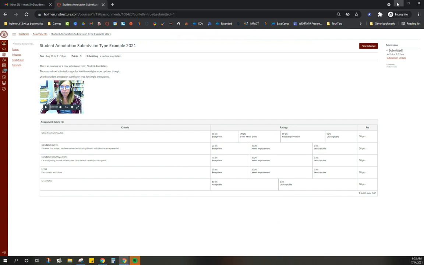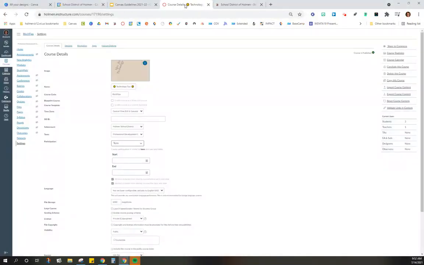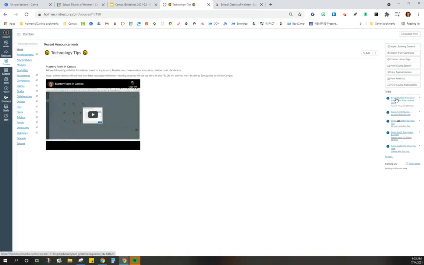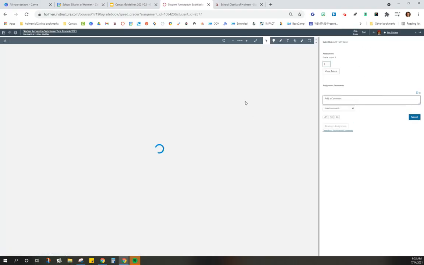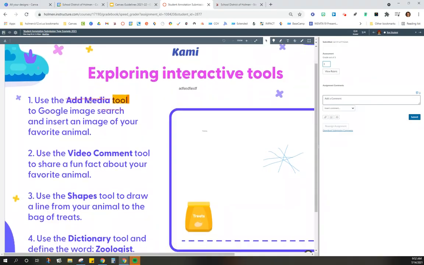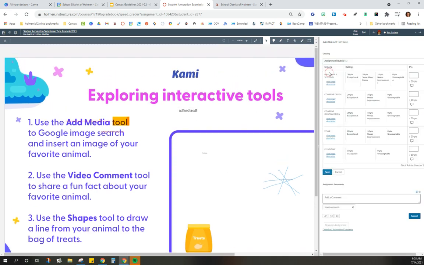Now if I can go over to the teacher side and show you what that looks like in SpeedGrader. I can look at my home page on this one and see that now I have an assignment to grade. So in my SpeedGrader, it pops right up. I see those annotations, the cross off, the highlight, the text box. I can give my grade here, and I can also view on a